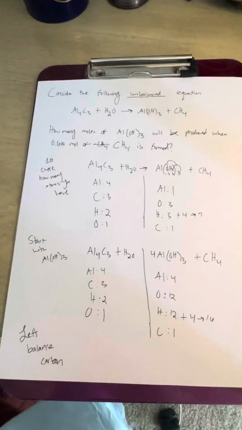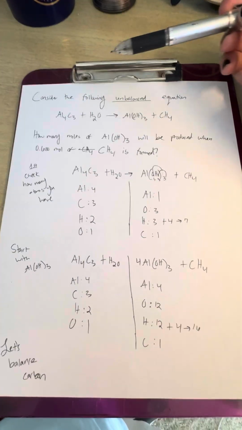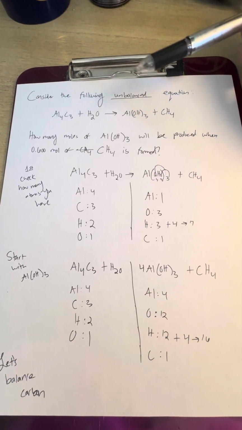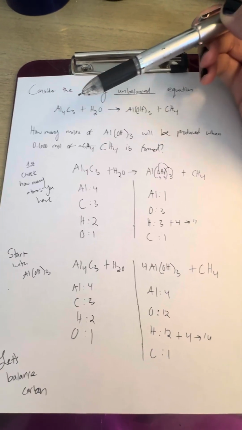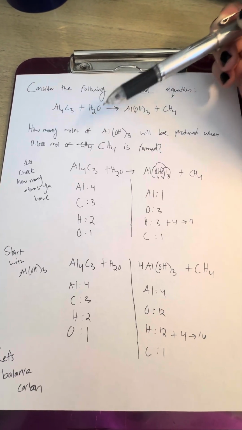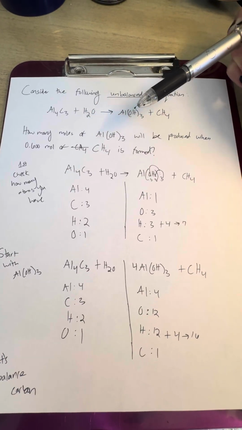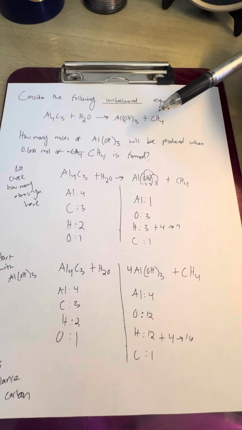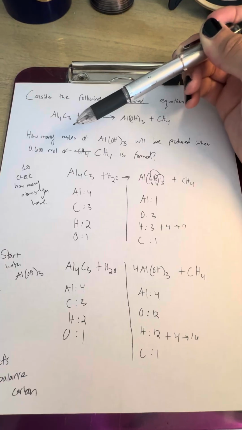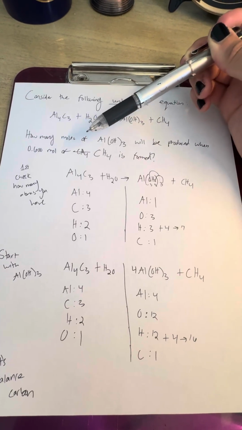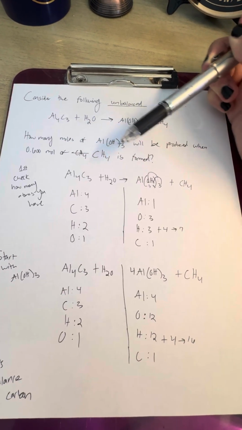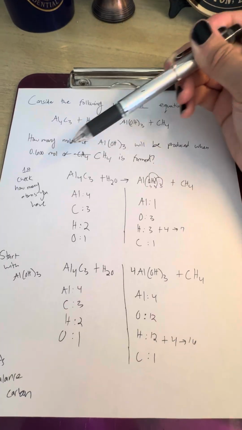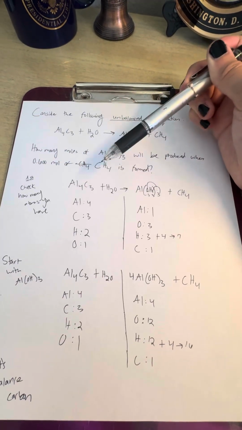Okay, so for this problem, we have the following. Consider the following unbalanced equation. So we have Al4C3 plus H2O will yield us Al(OH)3 plus CH4. The question stem is asking how many moles of aluminum hydroxide will be produced when 0.600 moles of methane is